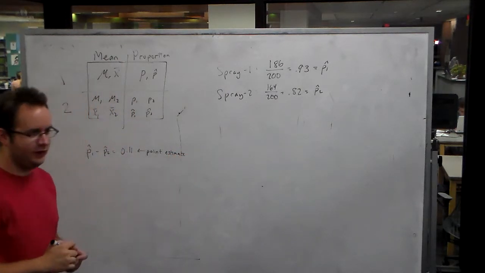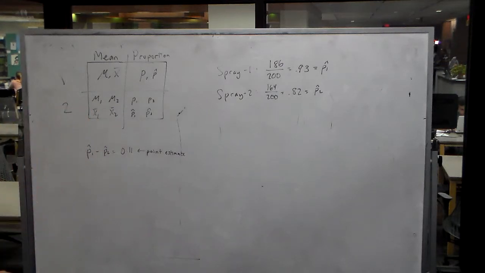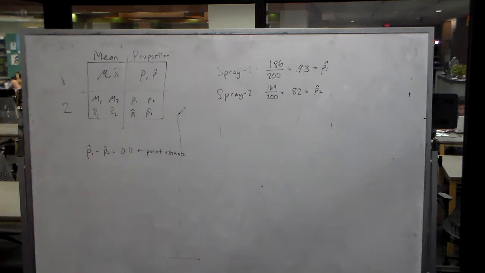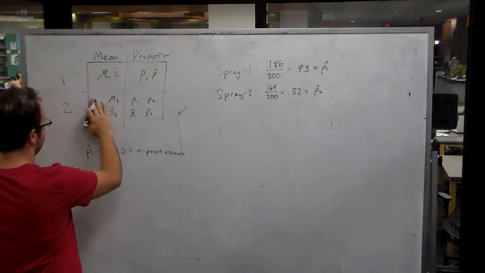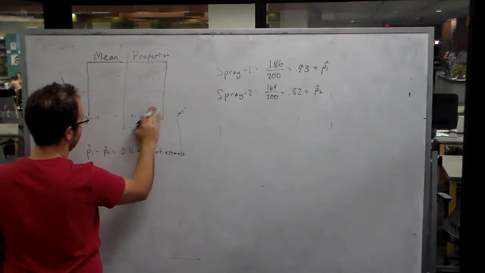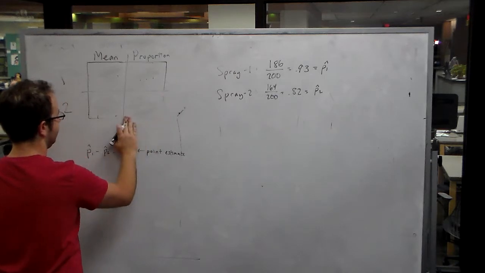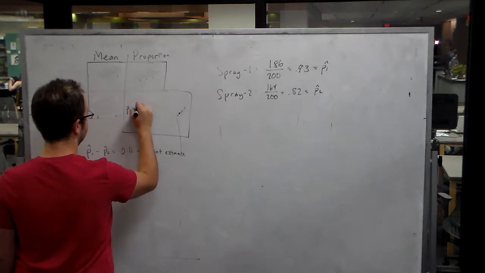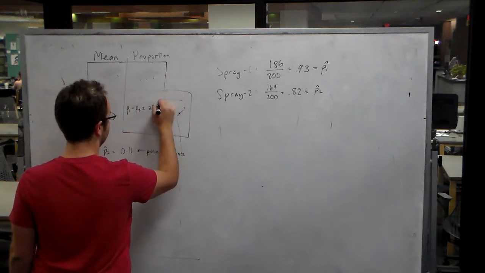But statistics is not just analyzing a single point, it's analyzing a range and how likely it is that the true difference in proportion will be in that range. The way we figure that out is using a formula. There's going to be a bunch of formulas that I should probably put in this box. The one we're going to use for this problem, I'll write here. I'm going to make this box bigger. And by the way, you're going to need to memorize these. P1 hat minus P2 hat plus or minus Z star times the square root of